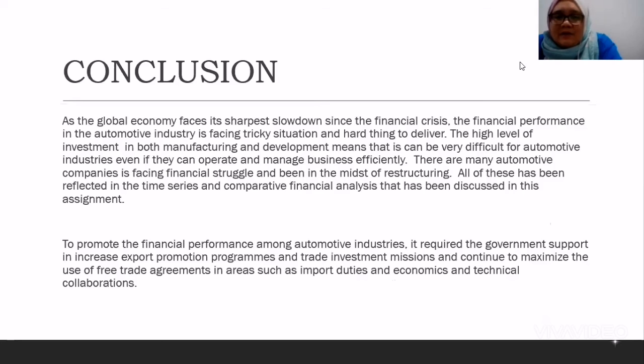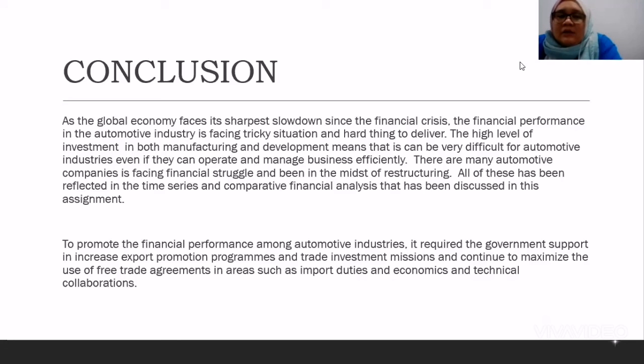The high levels of investment in both manufacturing and development mean that it can be very difficult for the automotive industry even if they can operate and manage business effectively. Many automotive companies are facing financial struggle and are in the midst of restructuring. All of this has been reflected in the time series and comparative financial analysis discussed in this